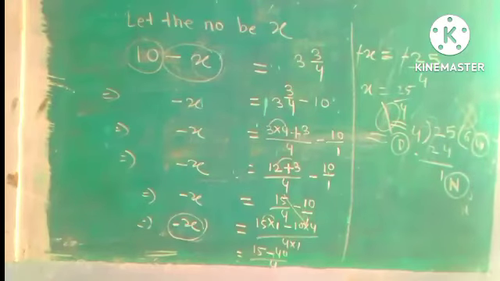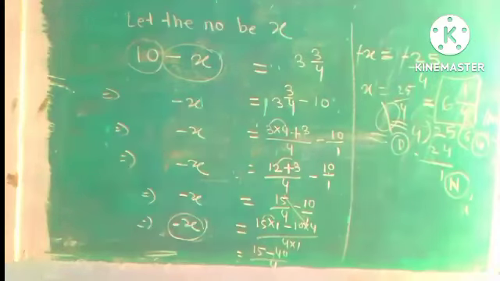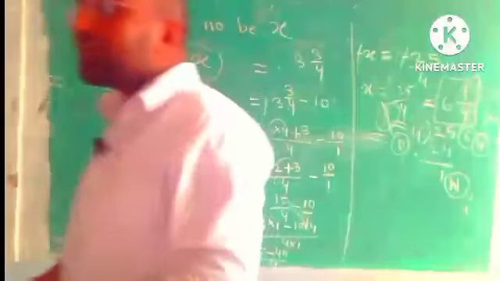This much is clear now? Okay, now let's convert this into a mixed fraction. What's the formula of a mixed fraction? What do we have to write down first? Whole number. What's the whole number? 6. So write down 6. Then what do we have to write down? Numerator. What's the numerator? 1. Numerator 1 divided by denominator. What's the denominator? 4. So this is going to be the answer. Is this clear? Okay, there's no doubt in this question now.